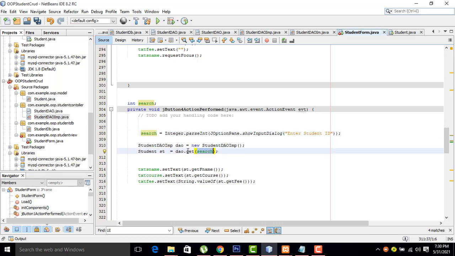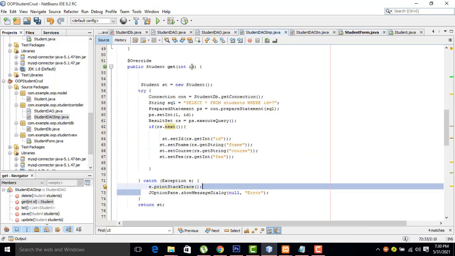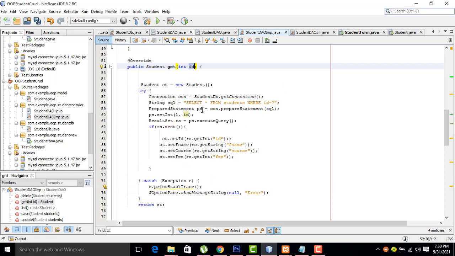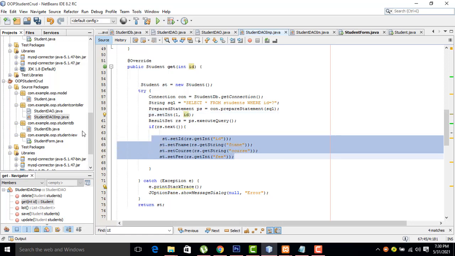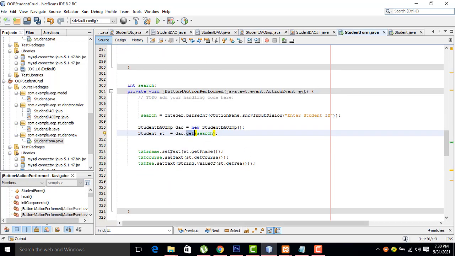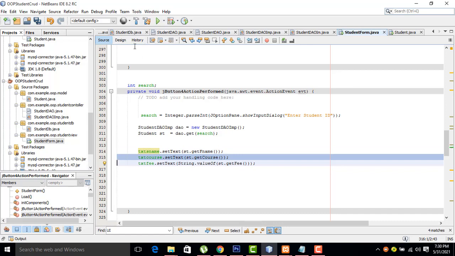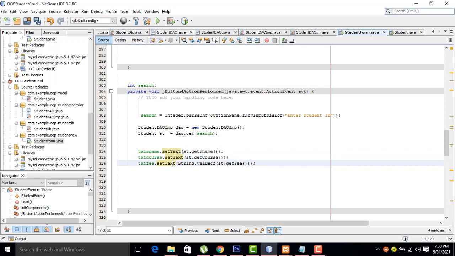It will be here. After that what I did here is, in the DAO there will be a method called get. What's the ID you are typing here? It is coming here. The relevant matching record should be loaded and we have to assign it to the relevant fields. So here we will get the values. I am getting these values using the get method of the class. So it's getting the values and setting them into the relevant text fields. Which text fields? This text field, this text field, this text field. So you set text, set text, set text, set text. You set like this. Okay, let me run and check.